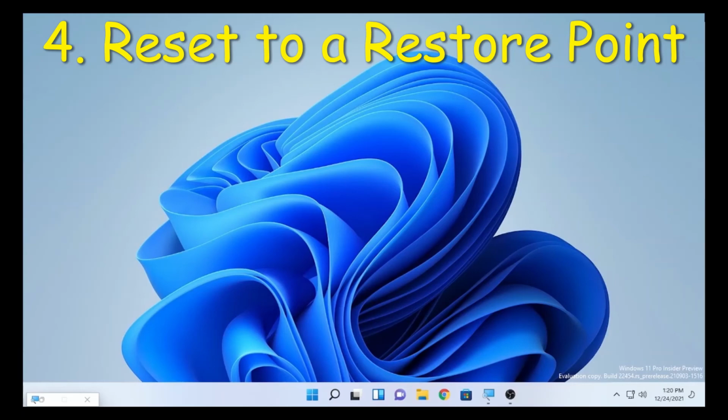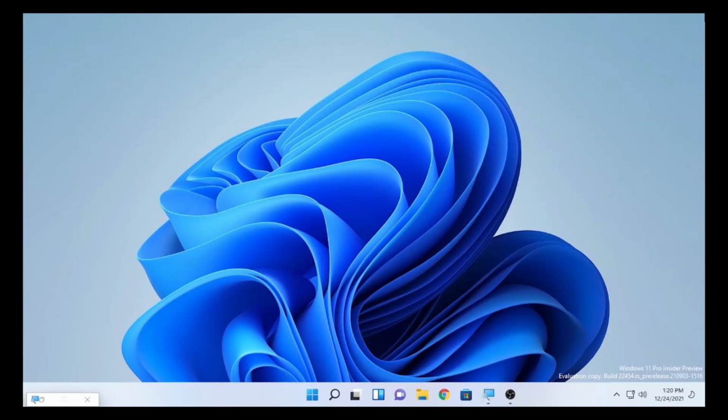If all the solutions are not working, there is a solution called restoring to a restore point. Windows has a restore point feature, which you can create when your computer is in good condition. There is a video that I made on how you can create a restore point. I'll pin it on the cards at the top right corner of the video. But in this video, if you have a restore point, then select it to get back to the best performance of your computer.